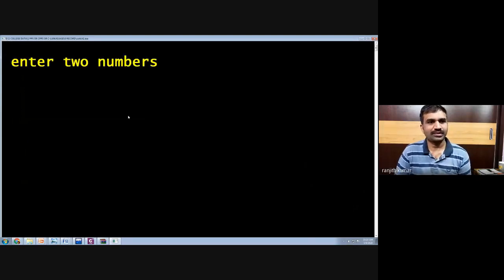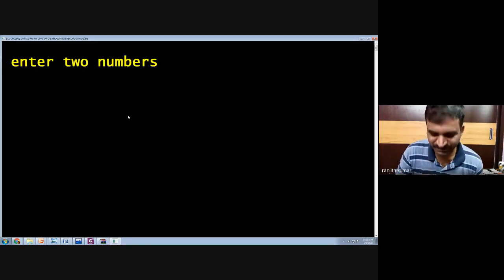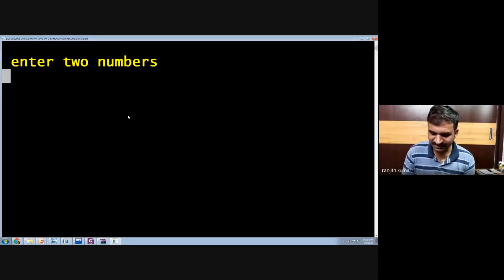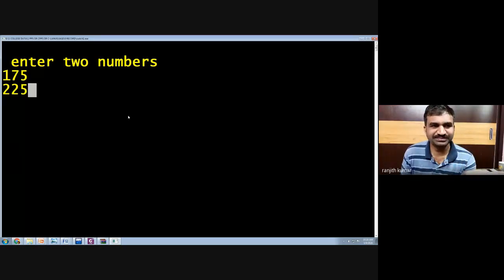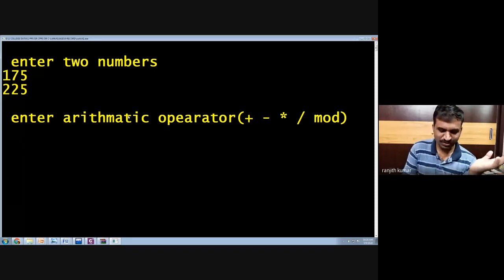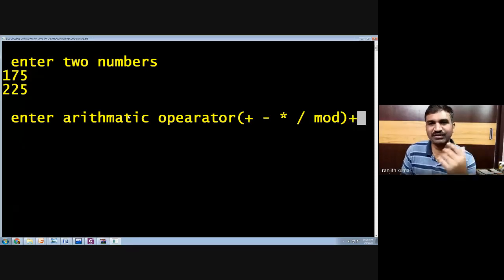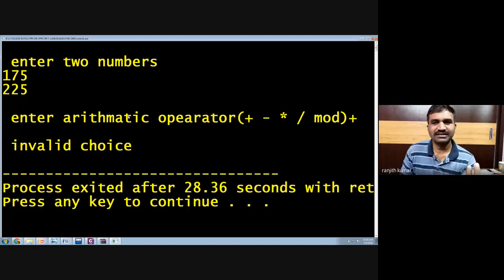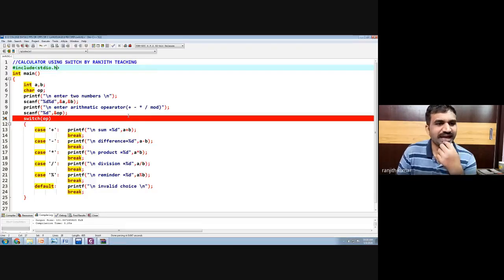Now it will ask to enter the values. So assume that I am entering 175 and 225 as the two numbers. Okay. So if I want an addition, which operator do I want to use? The plus operator, so I have to enter plus for addition.